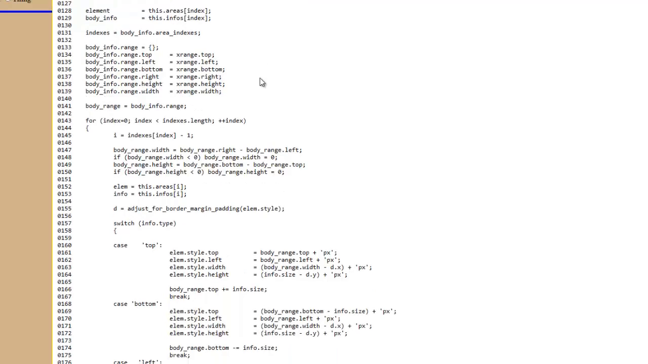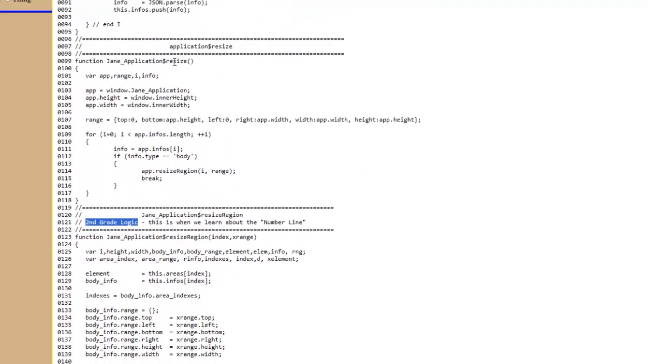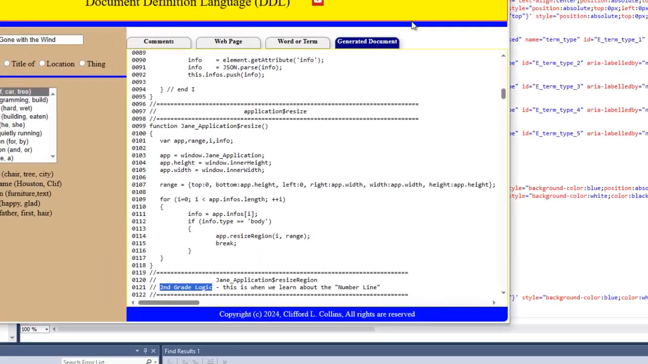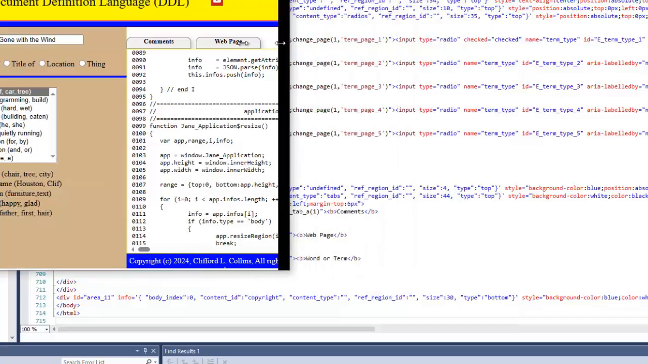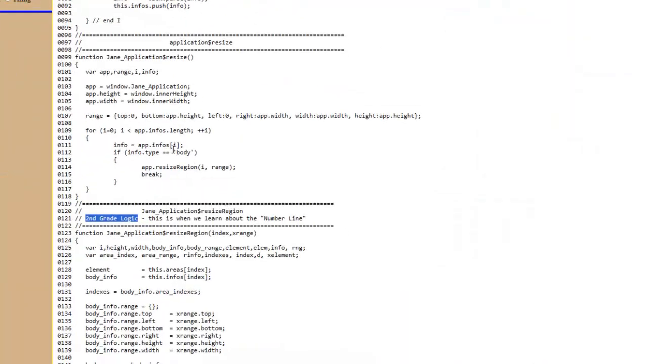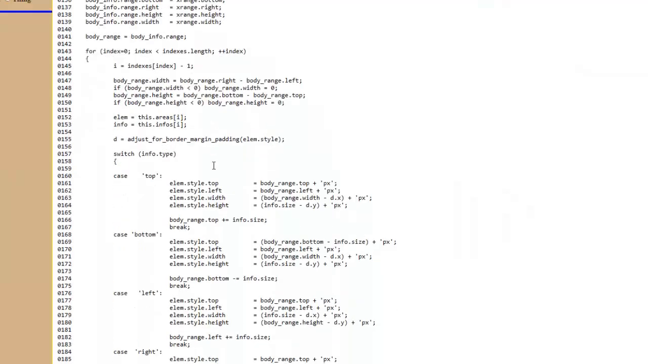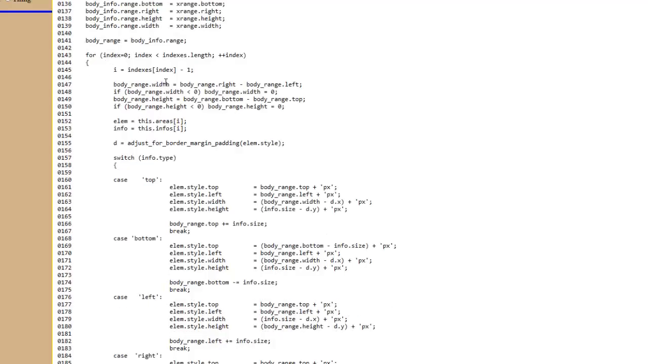So this is the full determines, we call this from resize. So when we resize this page, it calls that function and readjusts the page based upon the size of the window. Okay. And so this is second grade logic, and basically comes down and goes through all the regions and takes